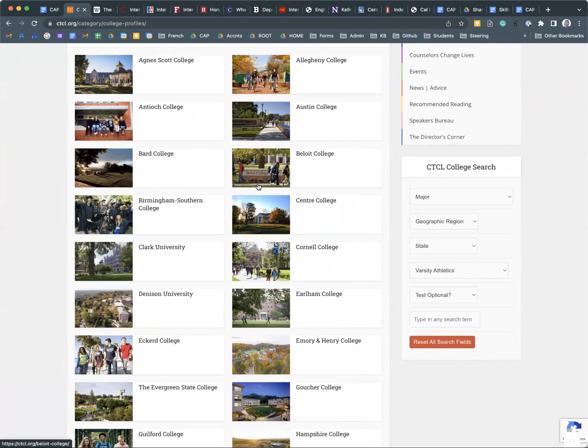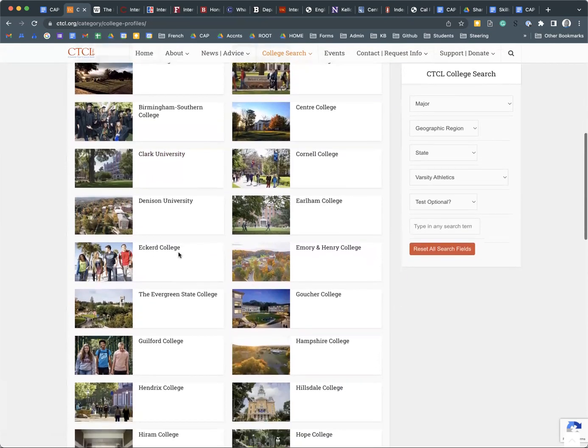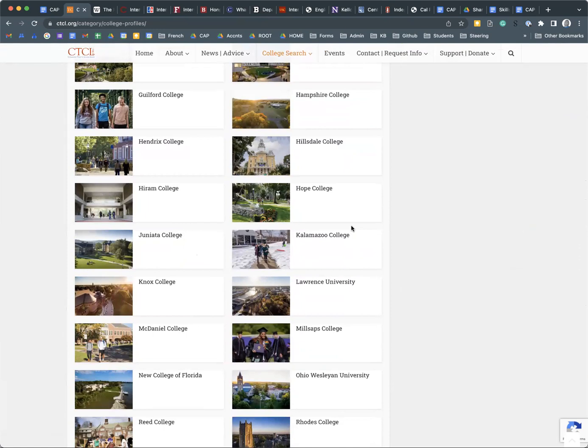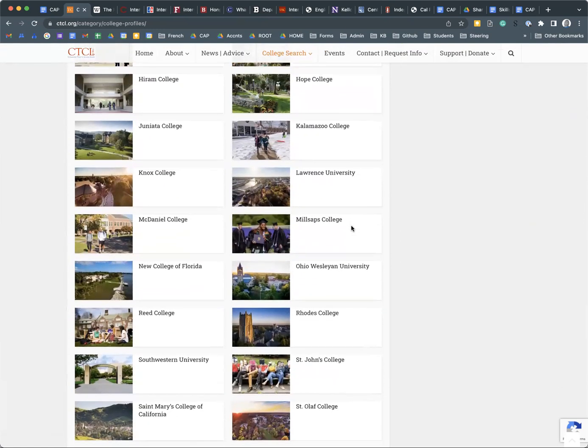This is really great for students that aren't necessarily focused on a brand name school, that are interested in making sure that they have a very intimate experience of college, right? So this is also a great list. We recommend it. There are schools on here that you'll recognize, like Reed is on this list. Lawrence and Kalamazoo are on this list. It's a fantastic list of colleges. So I can't recommend it enough.